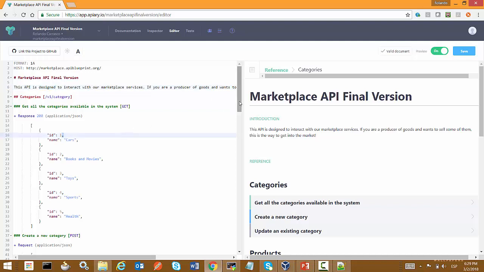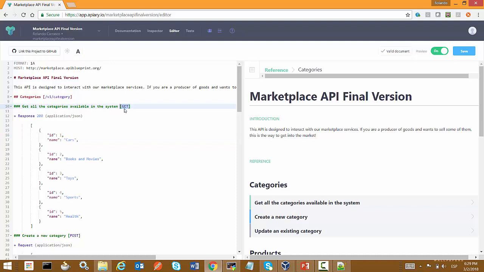So let's organize the resources, and let's say we need different kinds of categories to categorize or order the different kinds of products in our marketplace. So I have the first resource.